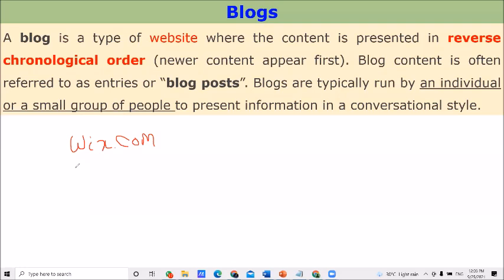Then another popular blog creating tool is WordPress, W-O-R-D-P-R-E-S-S.